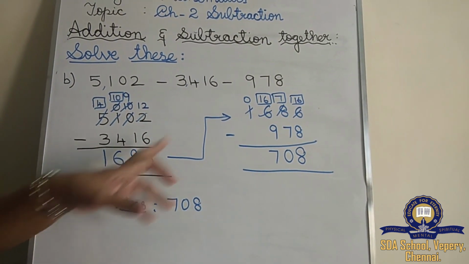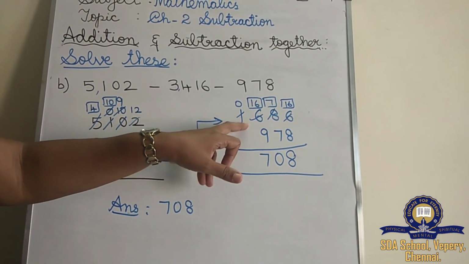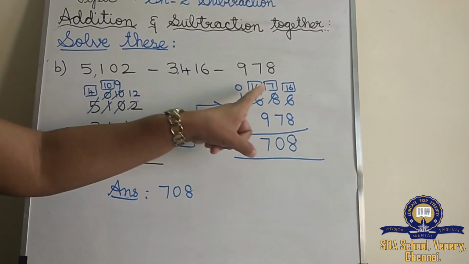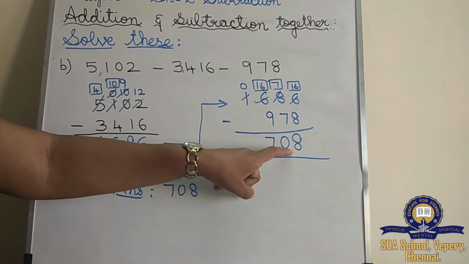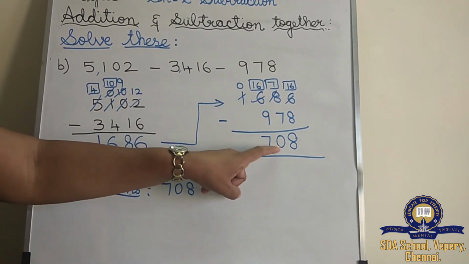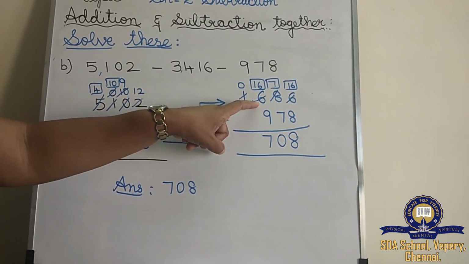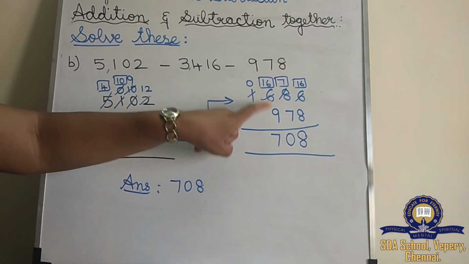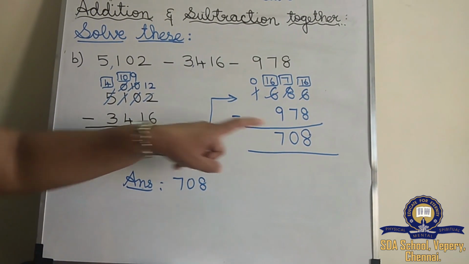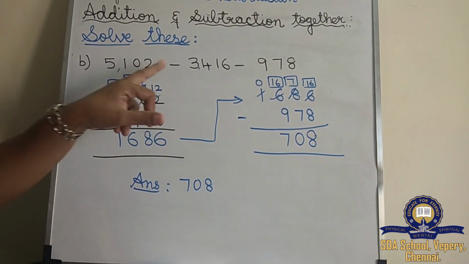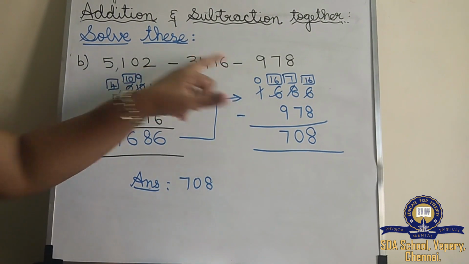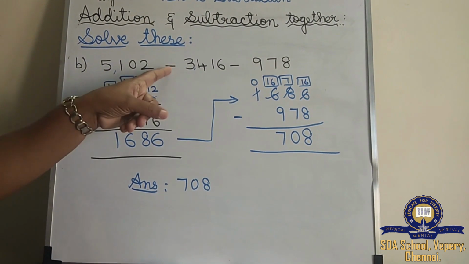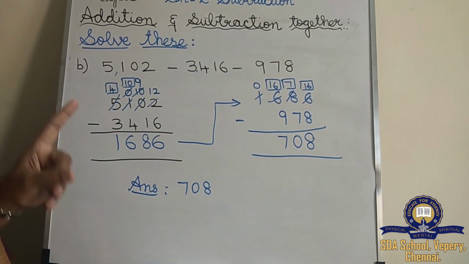Okay, children. Now see this sum I have brought here. 1686 minus 978. Now you have to borrow. After 8, if you count up to 16, what answer will come? 8. 7 minus 7, 0. From 9, you can't count up to 6. So you have to borrow from here. So this 1 will become 0. And from 9, if you count, what answer will come? 7. So what's the answer? 708. So here both symbols are subtraction, so we have subtracted both. Understood? Here addition means you have to add, subtraction means you have to subtract. Are you thorough, children?